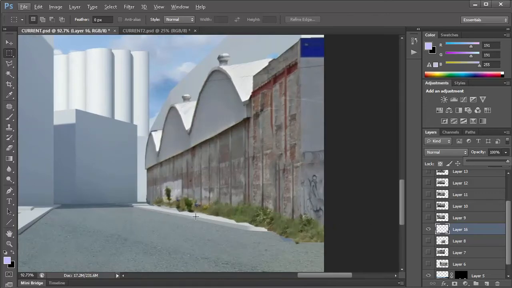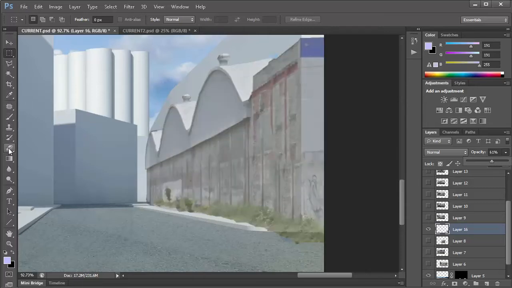And now down here, we've got sort of an issue with these plants, and what you can do is just take an eraser with sort of an irregular brush so that something like this works better. Start blending it in.